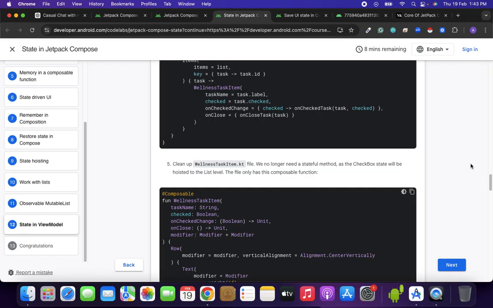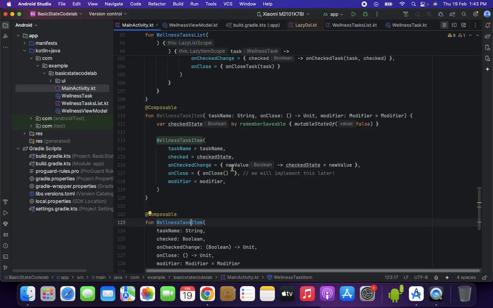It does not need a stateful method, as the checkbox state will be hosted at the list level, in the composable function, right? So stateful is again